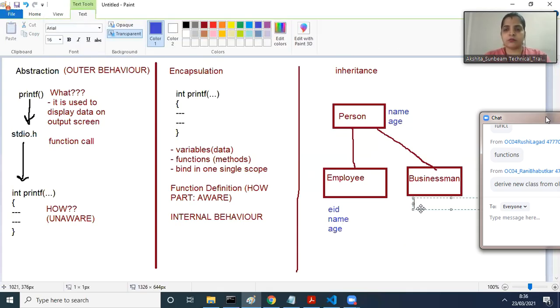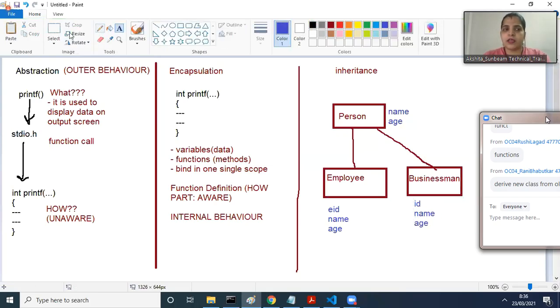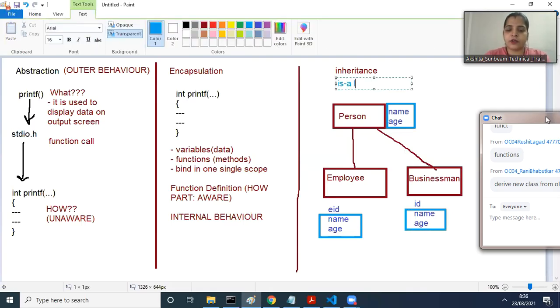When I talk about businessman, maybe he has his own ID and maybe name and maybe age. So what I'm saying is, whenever I am deriving something from some existing entity, then that is called as inheritance. I'll say employee is a person, so name and age are derived from this. Businessman is a person, then name and age can be derived from it. So if I have an is-a kind of relation,